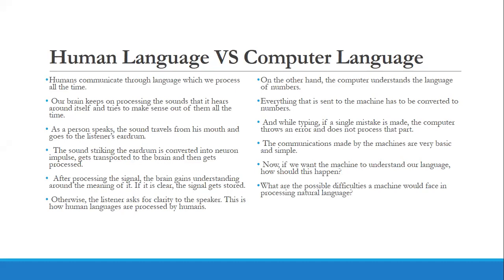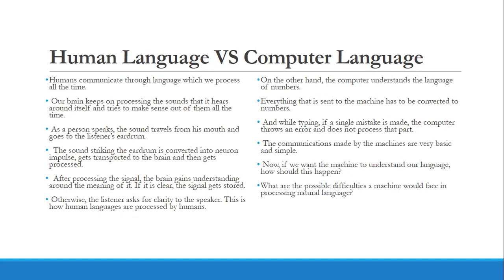Let us see in today's session what is the difference between human language and computer language, how humans process the language and how the computer can process the language. When we come to human language, humans communicate through language which we process all the time. Our brain keeps on processing the sounds that it hears around itself and tries to make sense out of them